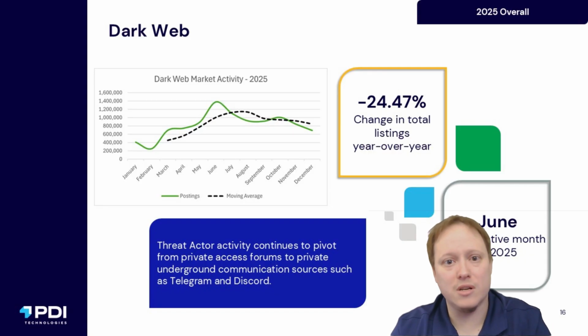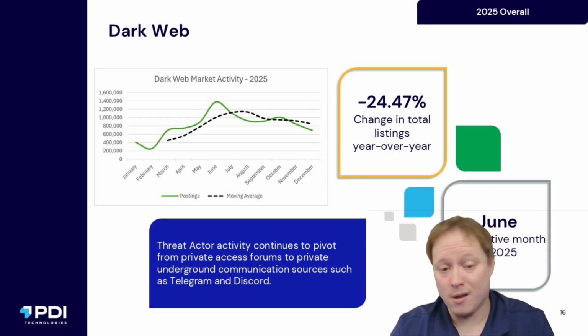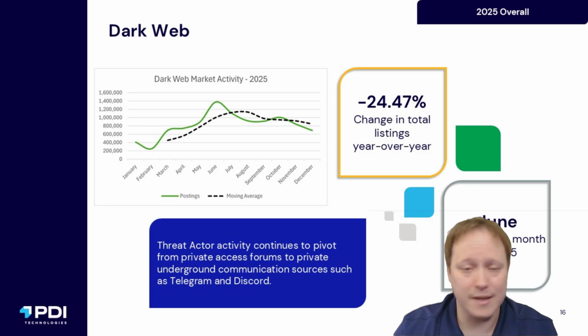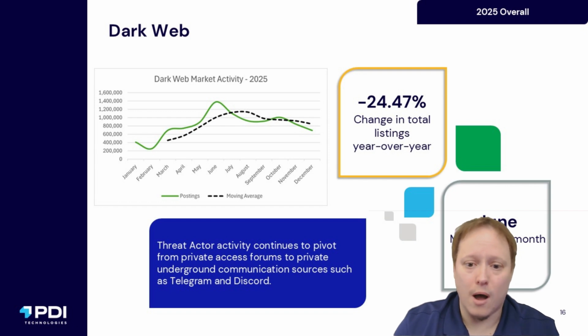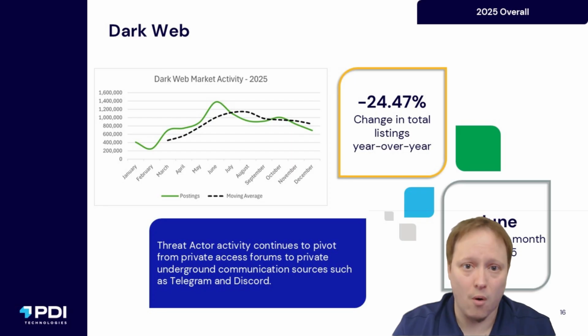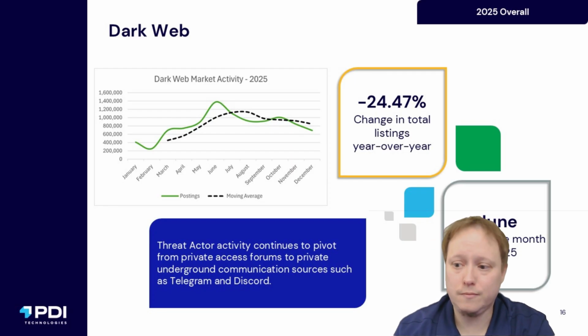They can also get a good gauge for how active people are in there, and they can prune the access list a little bit easier there. Additionally, if they need to, they can burn that channel if they feel like it's compromised and spin a new one up very, very quickly compared to reestablishing an entire new forum. So I think some of the activity decreases we're seeing as we're monitoring some of these forums is because that activity is shifting to these other channels.